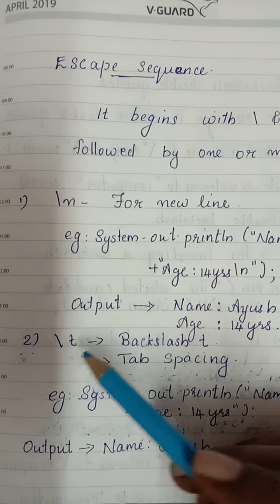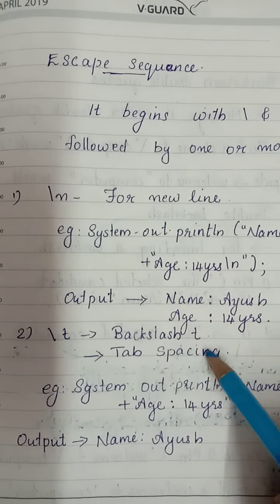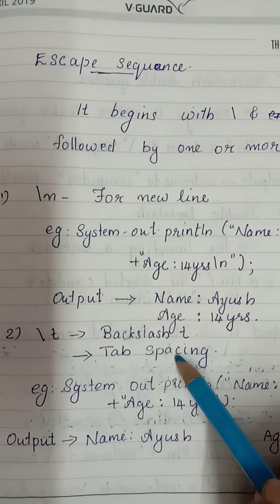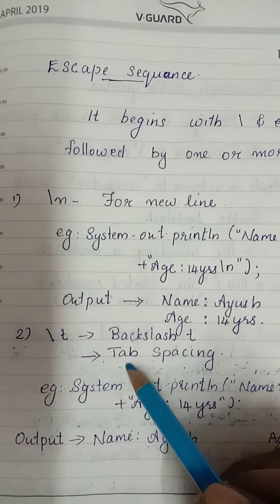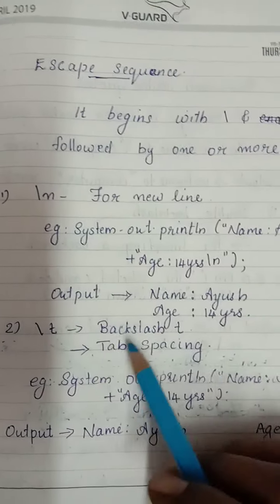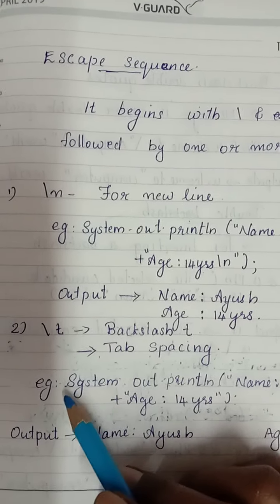The slash t or backslash t is known as tab spacing. Tab spacing, we know. Spacing means we can give one space there. Tab spacing means we can give 8 spaces there. Like this. For example,